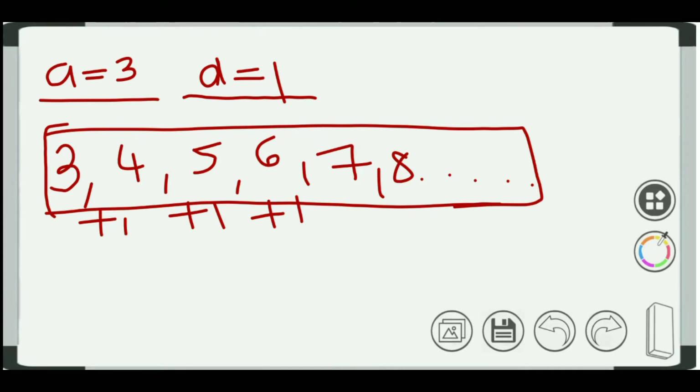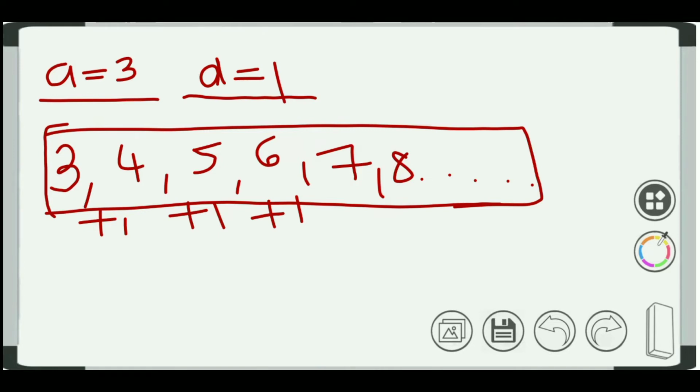Just the values they have given: third term is equal to 5, seventh term equal to 9. So we formed an equation. Two equations formed. Okay. We solve for a and d by using the elimination method. Now at last we form the AP. Once you get a and d, you know how to form the AP.